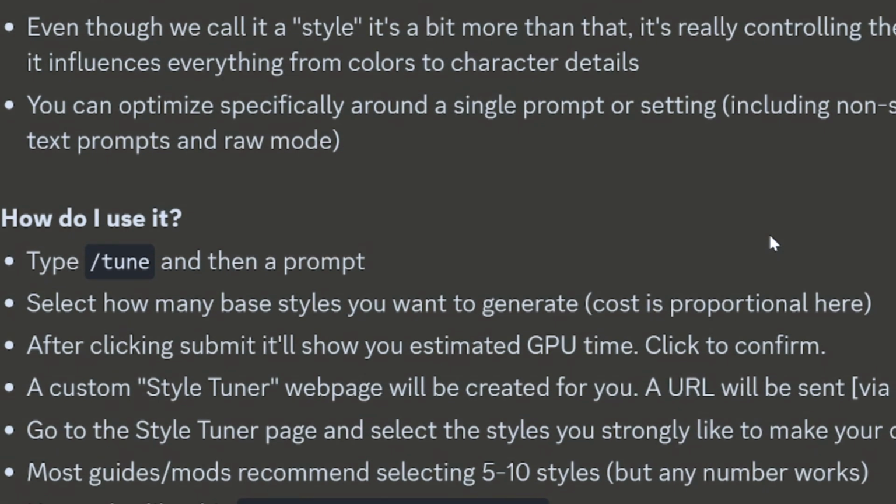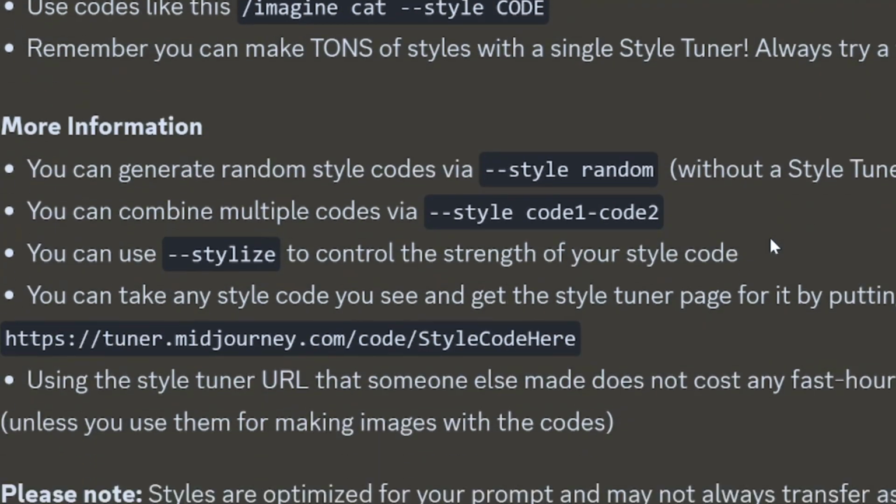Do you get overwhelmed anytime Midjourney receives an update? With the recent release of style tuning, we have more options than ever before, and maybe you aren't sure what to do first. I've got some early tips that you should be aware of that make up a 7-step process